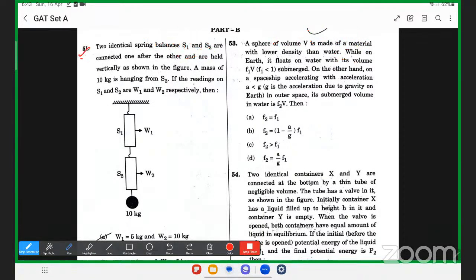First question is, two identical spring balances S1 and S2 are connected one after the other and are held vertical as shown in figure. A mass of 10 kg is hanging from S2. If the readings on S1 and S2 are W1, W2, then... तो यहाँ एक्शन और रिएक्शन का कॉन्सेप्ट लगेगा, एक्शन एंड रिएक्शन।